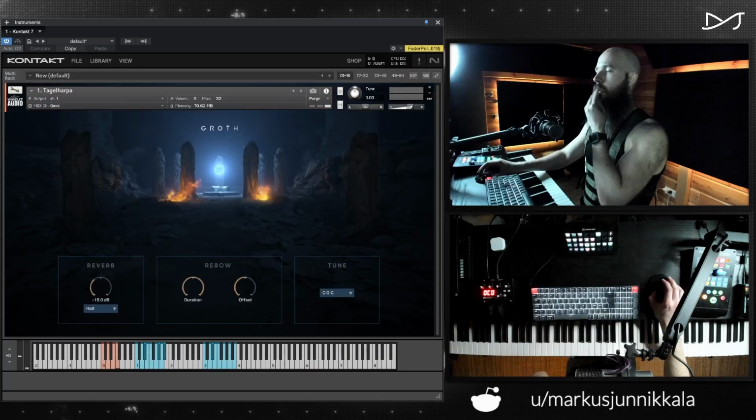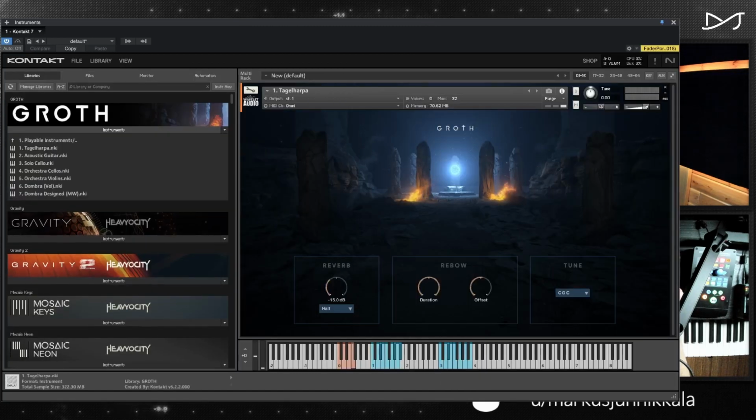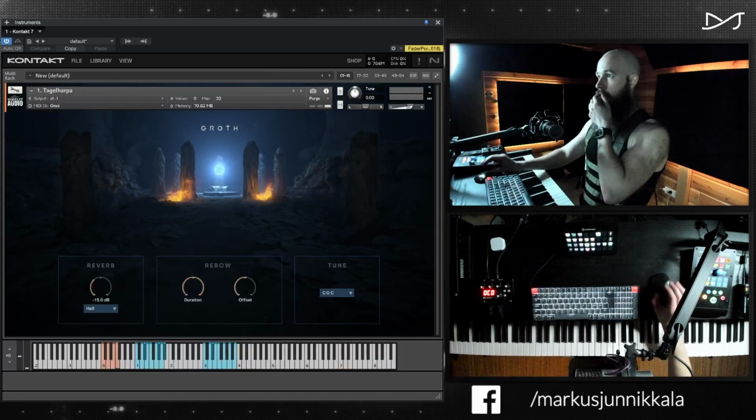But that's where we're going to start. So what I have opened up here is the playable instruments folder, and in the playable instruments we have Tagelharpa, then we have acoustic guitar, solo cello, orchestra cellos, orchestra violins, Dombra, which probably means velocity, and then Dombra designer. So starting with Tagelharpa,